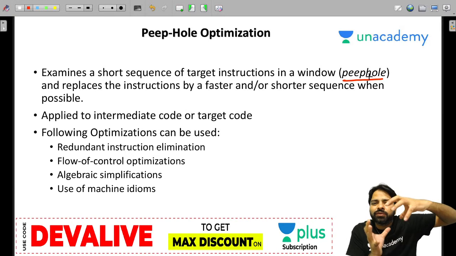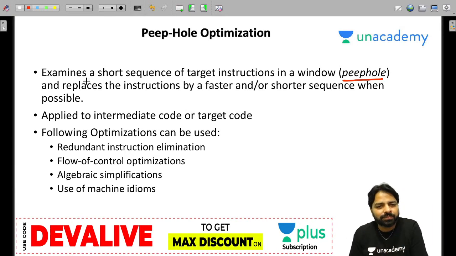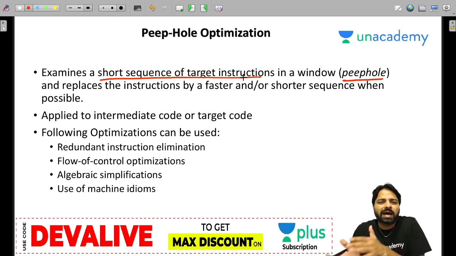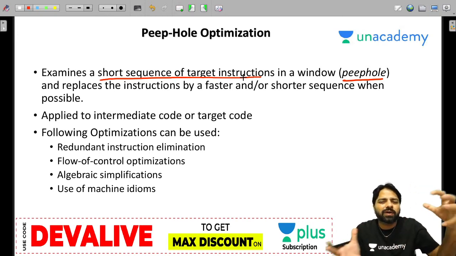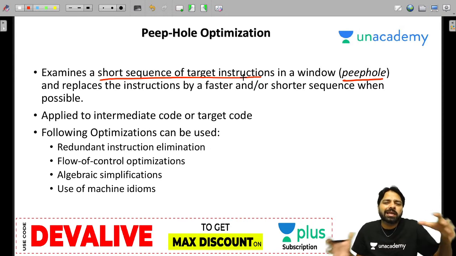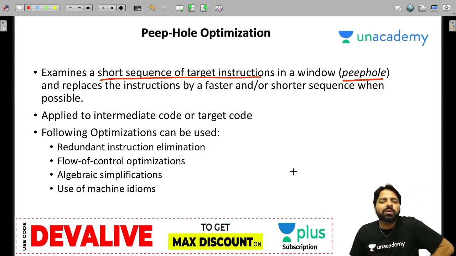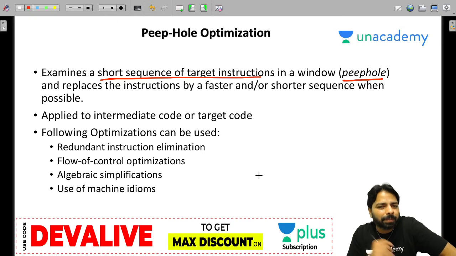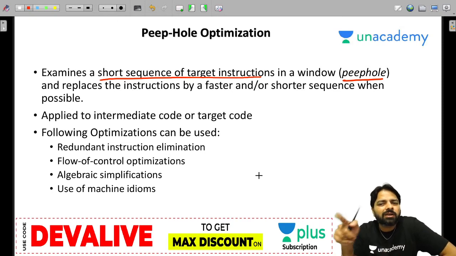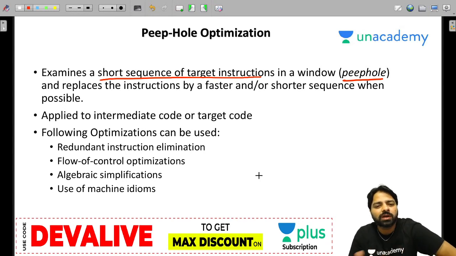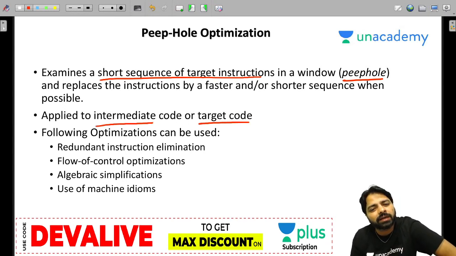You can collect a few of the instructions of the program, a short sequence of instructions like move, add, subtraction, 2 or 3 or 4, 5, very few instructions, keep in one window. In that window, you can apply some optimizations. You can apply this kind of peephole optimization on intermediate code also, not only target code.